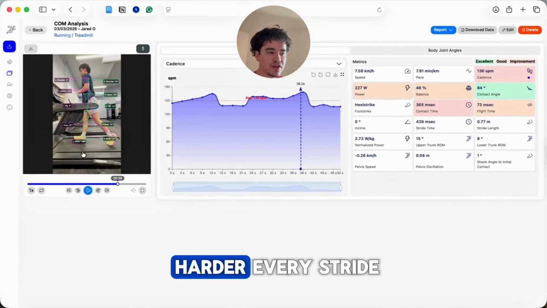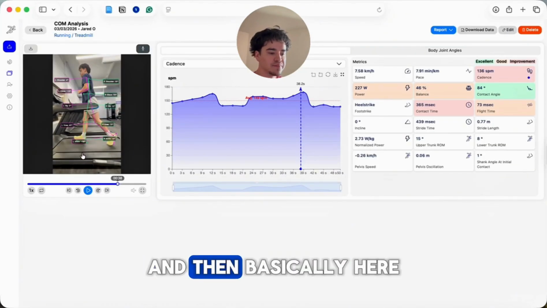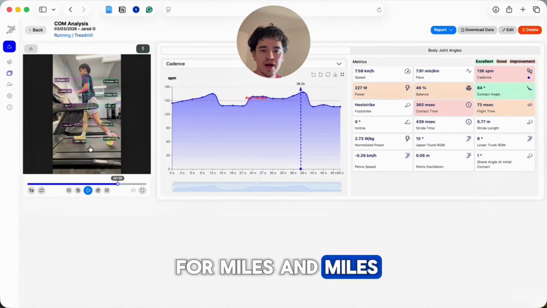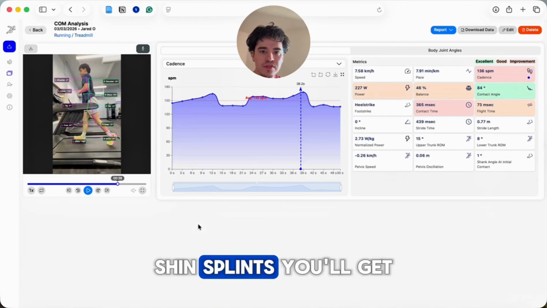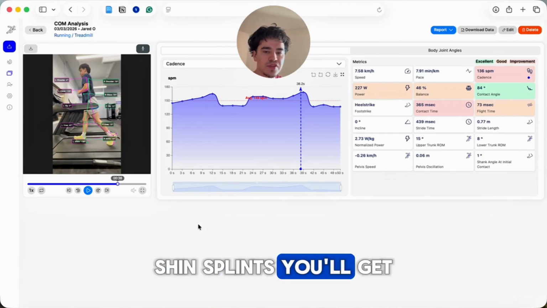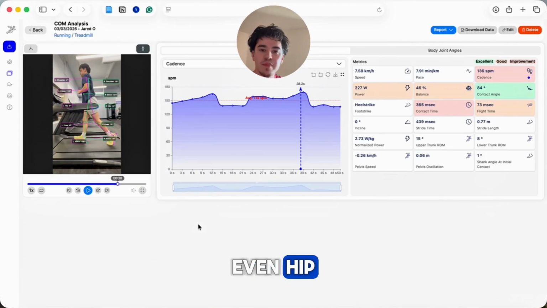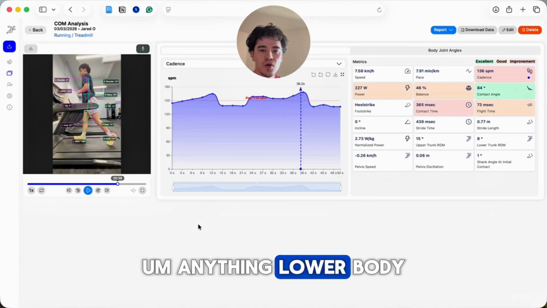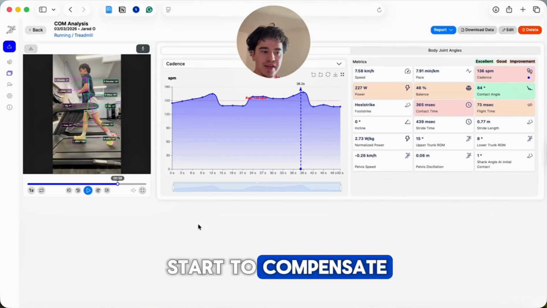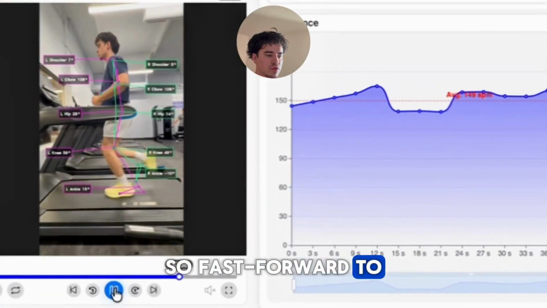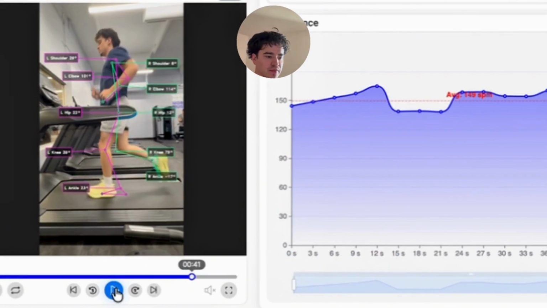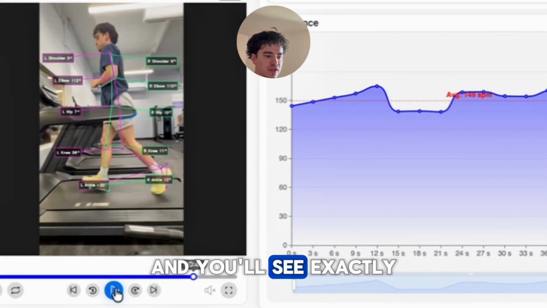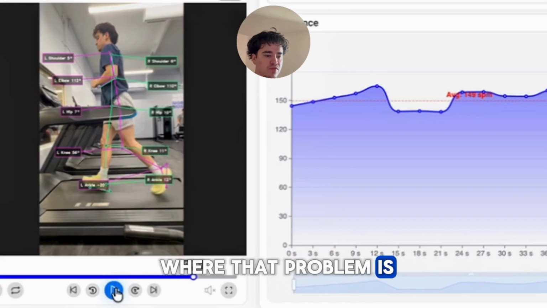Hitting the belt much harder every stride, and then basically here, say you do this for miles and miles, what do you think is gonna happen? So much stress: shin splints, you'll hear knee pain, even hip, anything lower body, stuff like that. You'll start to compensate. So fast forward a little bit to where I'm trying to overstride, and you'll see exactly where that problem is when we look at